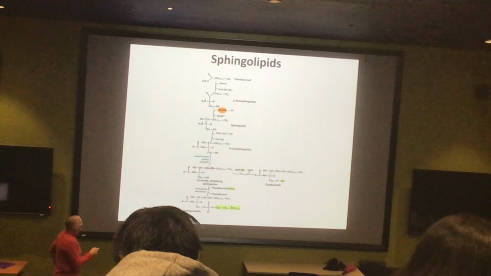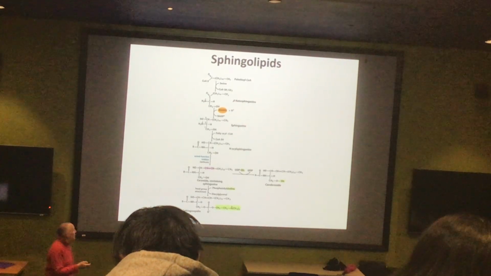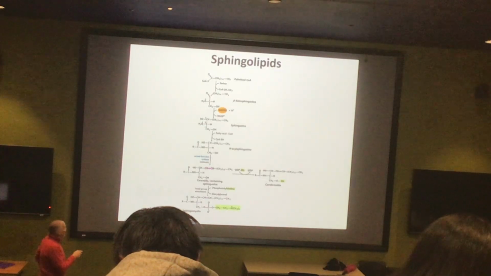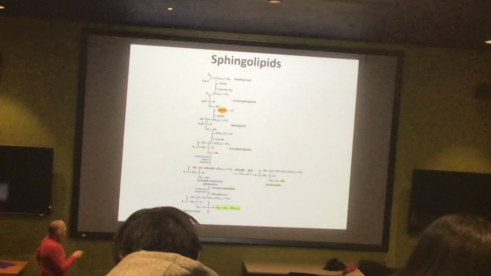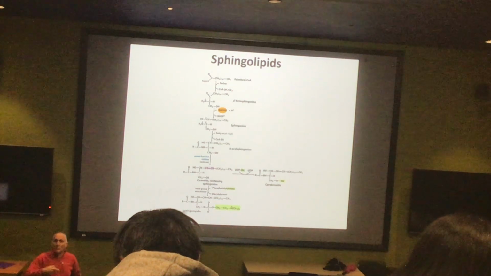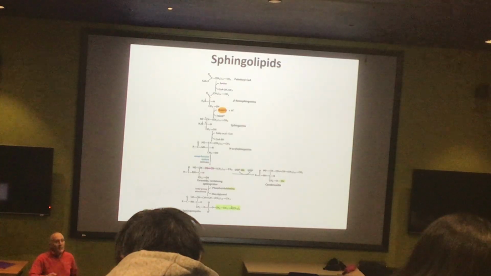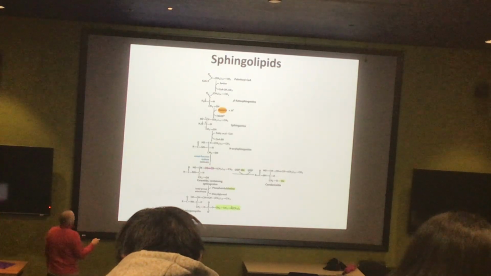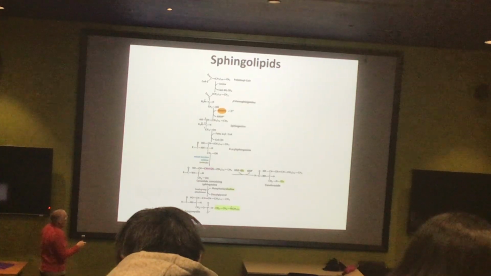So we saw the long carbon chain. Turns out the rest of this molecule is going to come from an amino acid, and that amino acid is actually serine. So we're going to add the serine with the loss of the carbon dioxide. That's going to be a PLP-dependent process. Remember, the carbon dioxide has to come off. That will allow us to generate a resonance stabilized formaldehyde. And you can see here now we're starting to build up the sphingosine molecule.